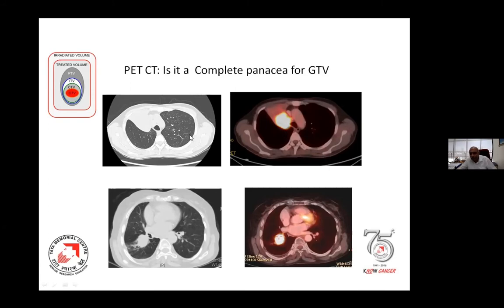And is it a complete panacea for this? Probably no. If you see in the next picture, can you see the whole SOL, or the soft tissue tumor? But there is a definite extension of the tumor along this fissure area, though it is not glowing here. So if I mark only on this area, probably I will not be doing justice. So we need to see in all windows and correctly and appropriately mark these areas.